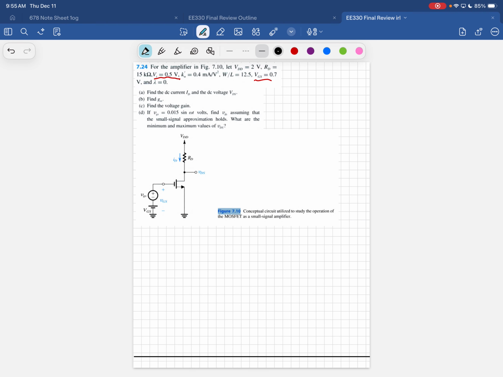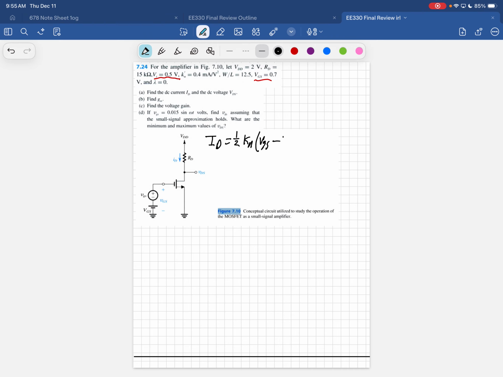We have Kn prime. But I want to use that one equation that everybody's familiar with, so I'll just write it down, which is ID equals 1/2 Kn